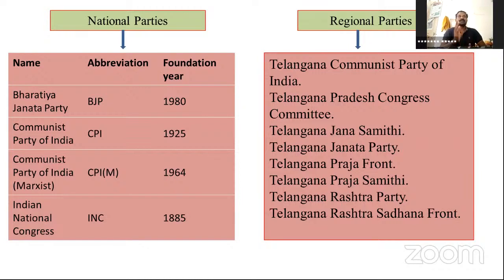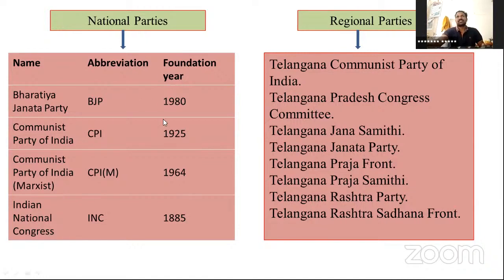From 1885 to 1947, it was the struggle against the British by the INC. Finally, we got independence on August 15th, 1947, by INC. It was converted into a political party from 1947. So these are the